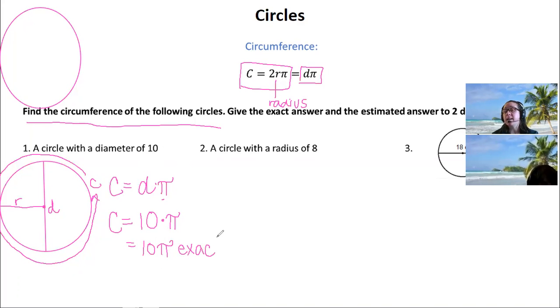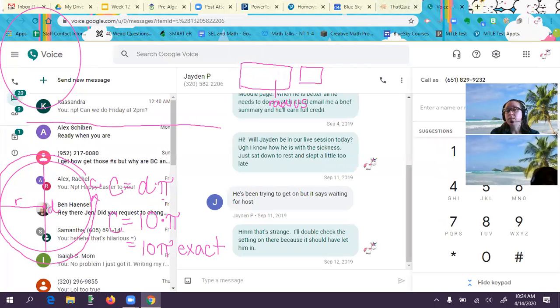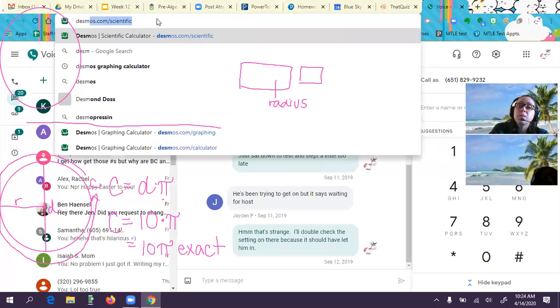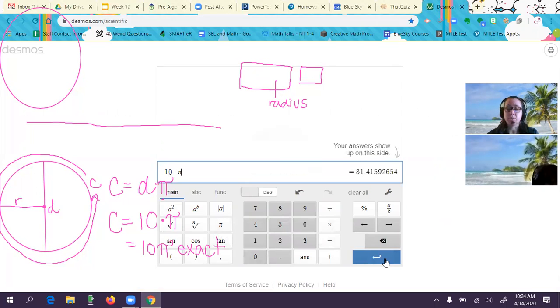This is your exact answer because pi cannot be rounded. If you wanted your estimated answer and it says rounded to 2 decimal points, this is where we would go into Desmos and use the calculator there. So I'm going to go to desmos.com/scientific and type in 10 times pi. And then it shows the answer right there,